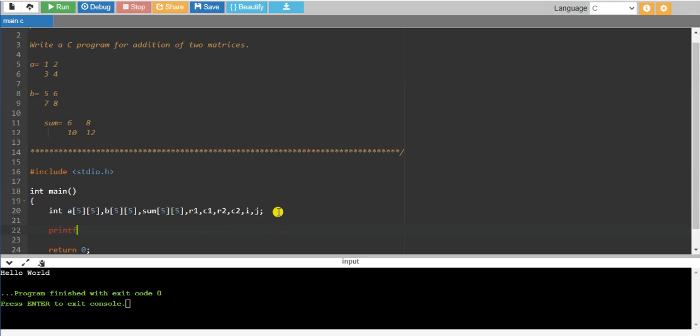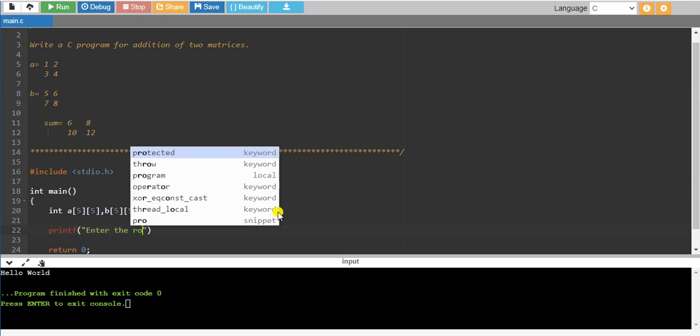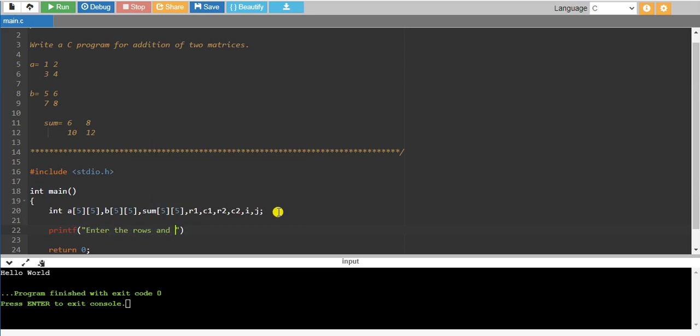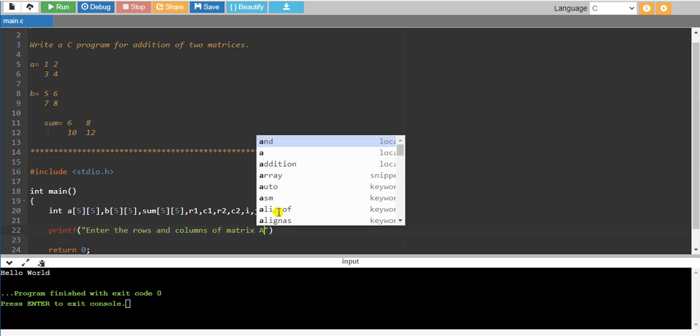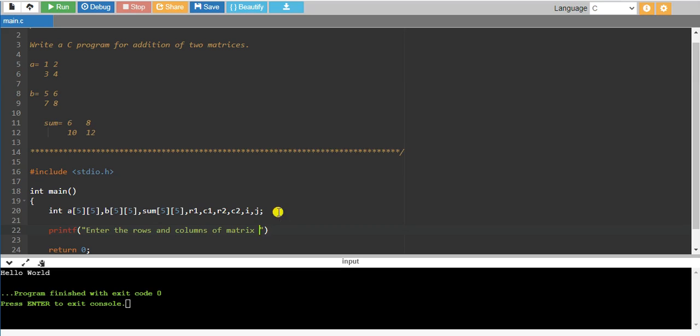So for that we have to use a printf statement, that is, ask the user to enter the rows and columns of matrix A.